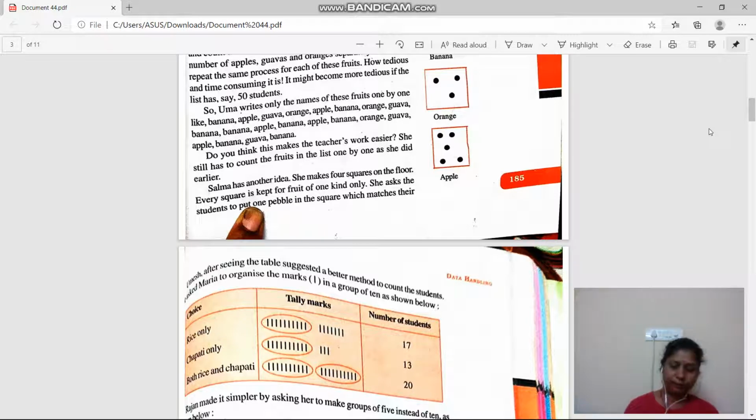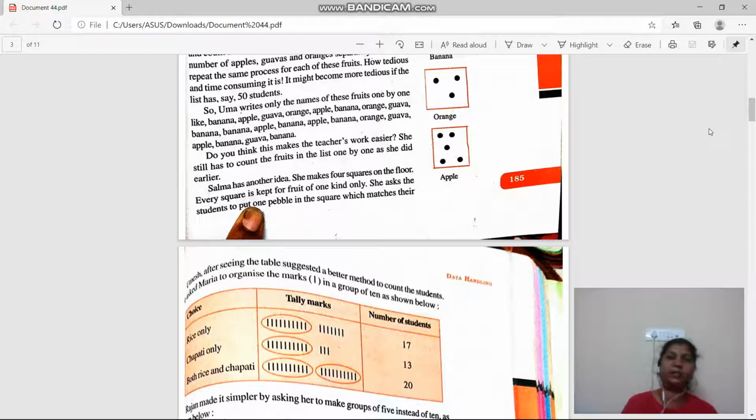5, where is 5? You have to cut it and make a tally mark. 6, cut it, make a tally mark. Again 6, so you have to cut it and you have to give 2 tally marks in front of 6. Okay, in such a way you have to do all the numbers. Get it? Now when you have completed 4 tally marks, for the 5th tally mark what do we have to do? We have to draw the slanting line. We join the top of the first line and the bottom of the last line, that makes a group of 5 tally marks. Okay, so practice it.